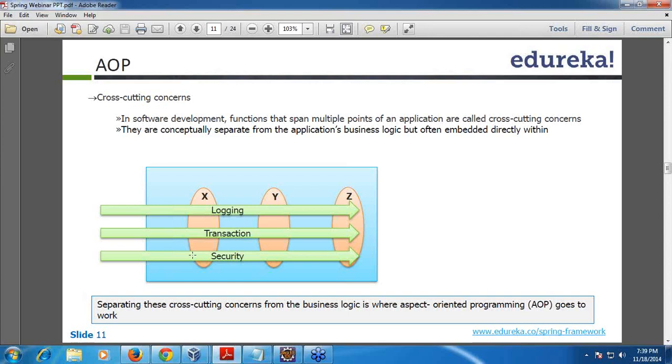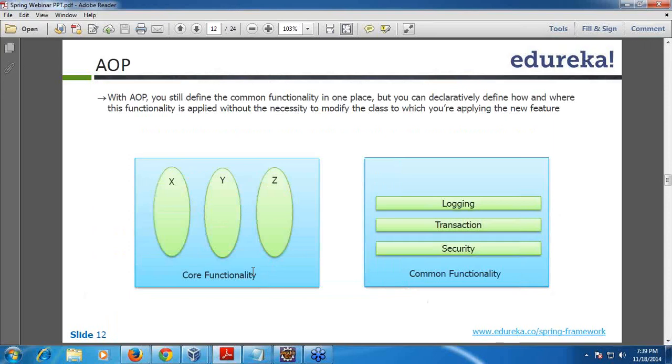Separating cross-cutting concerns from business logic is where AOP stands. Using AOP, we can define common functionality in one place, declaratively, and say where this functionality is to be used without changing the classes.